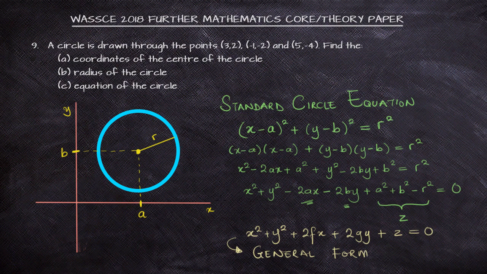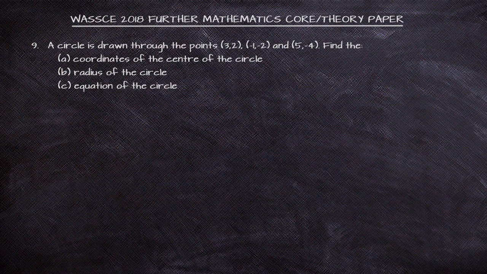Now, having this understanding, we'll be able to go ahead with our questions and try and see what format will be most suitable for us, and we can answer our question from WASSCE Further Mathematics 2018 theory paper. So now, in this question, we are given that there are 3 points that the circle was drawn through, but if we note the general form of the circle equation, that general form that we just highlighted not too long ago, we can say